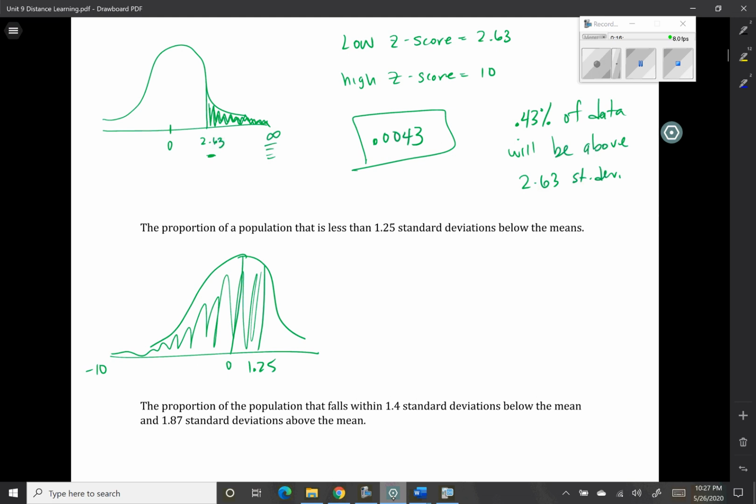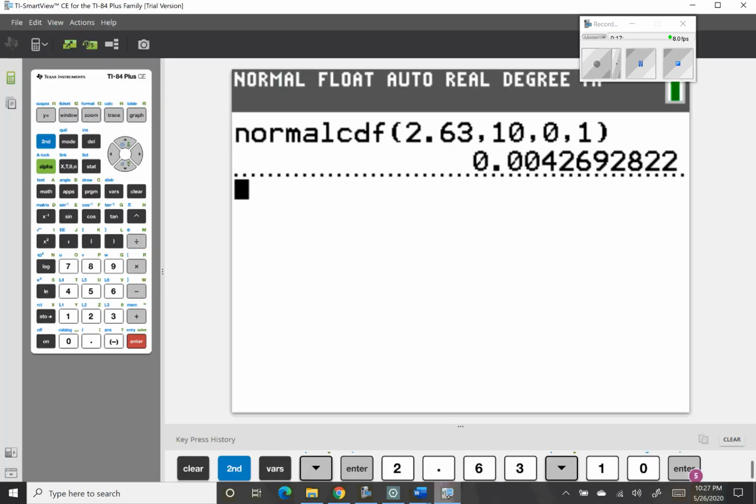So what's my lower number? My lower z-score number is -10. My upper number is 1.25. Right? Always read your z-scores from left to right. So when we normal CDF this, we're going to make the lower number -10. So if I go back to my graphing calculator,